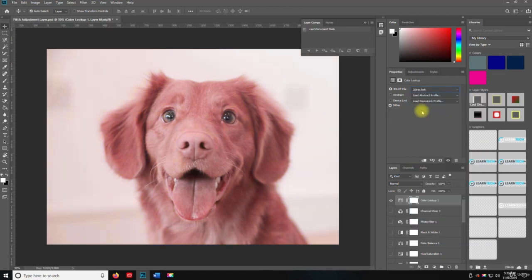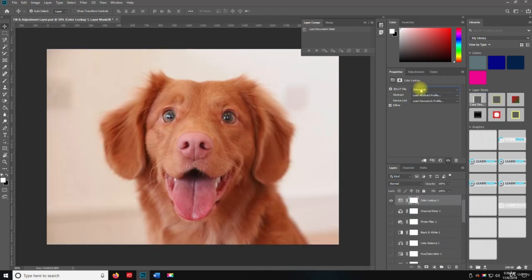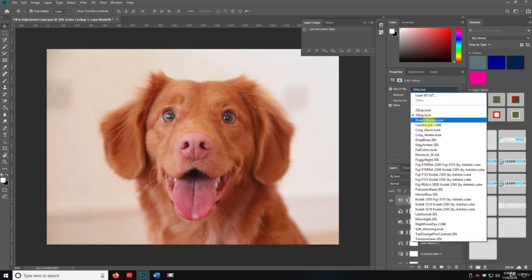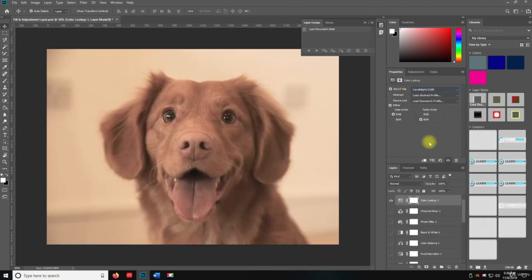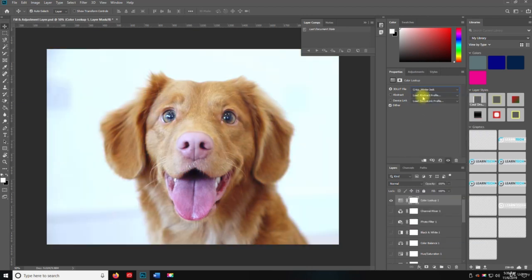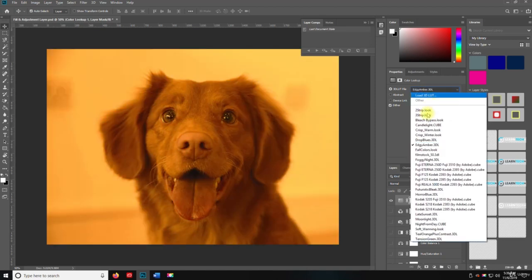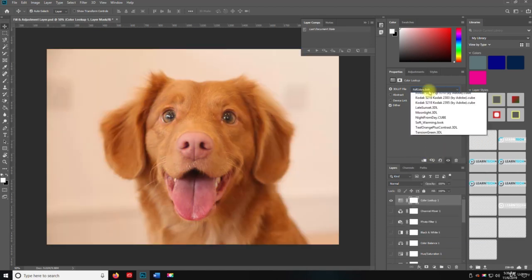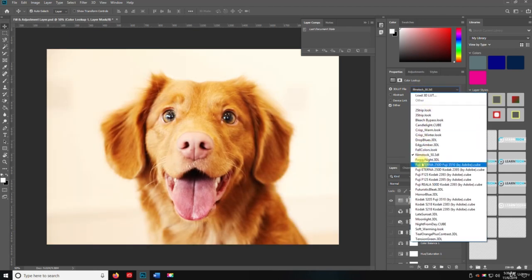So the two-stripe look, you see how the image changes there. The three-stripe look, the bleach bypass look, okay, the candlelight cube, okay, crisp warm, crisp winter, drop blues, edgy amber, fall colors, film stock, foggy night,